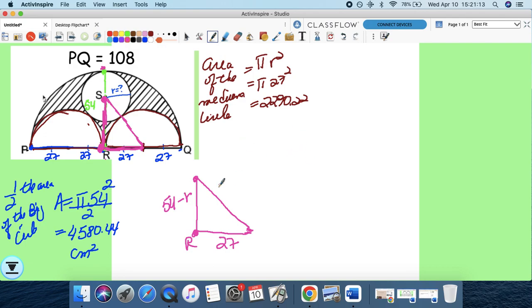Now, over here, this would be what? Well, it's the center of the circle to the edge of the circle, so that's 27. And this is the radius of the smaller circle. So I can call this the hypotenuse, 27 plus r. So let me go over this again. So this part right here,